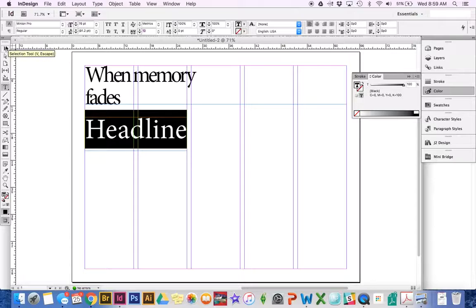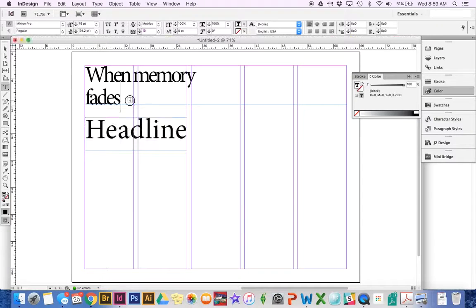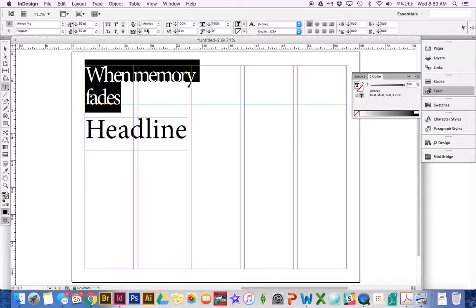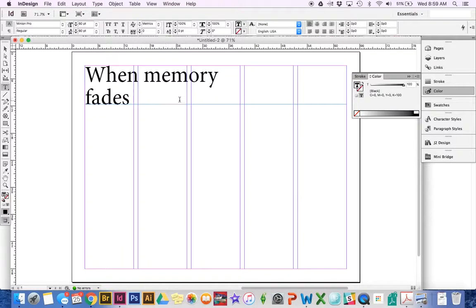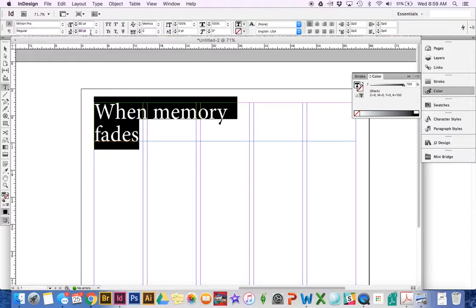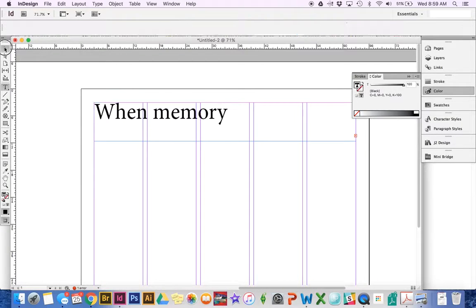Another thing I want to show you really quickly with the whole trying to manipulate your text. Let's get this back to normal. I'm going to delete this headline down here too. All right. And this should be 72. So when it's normal,